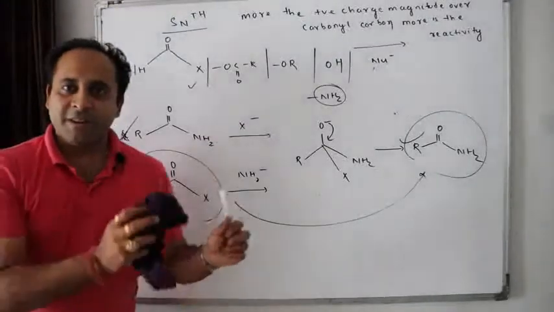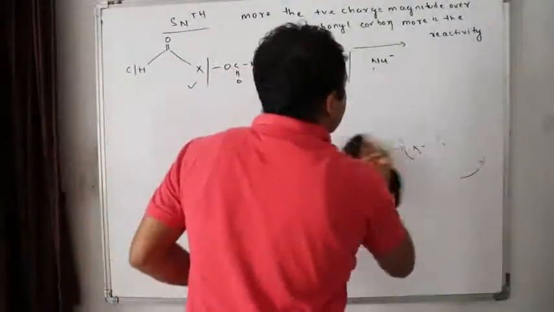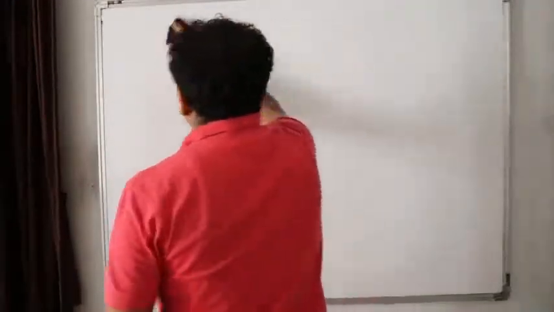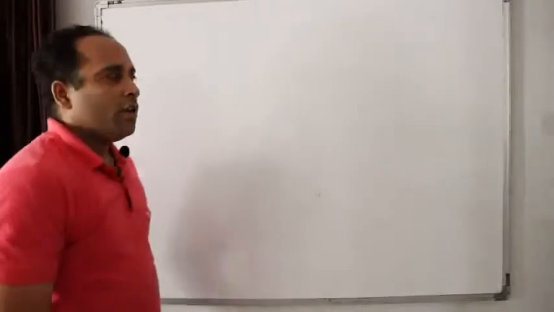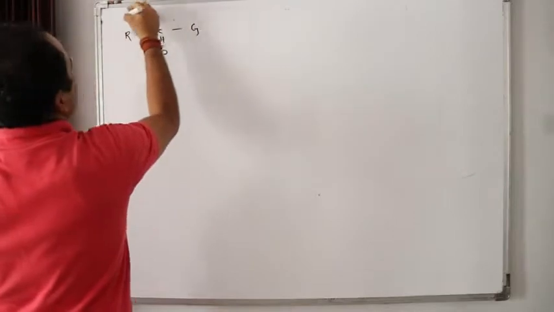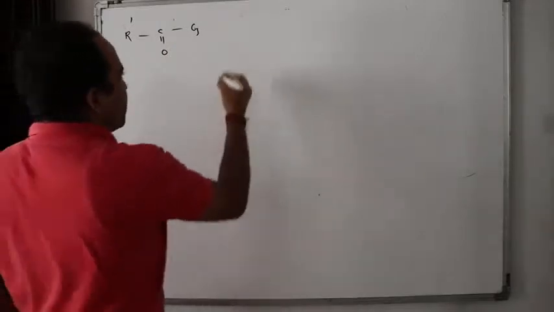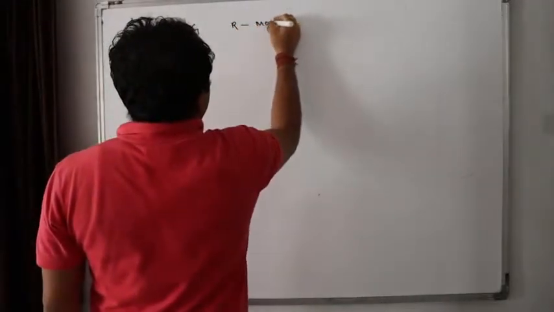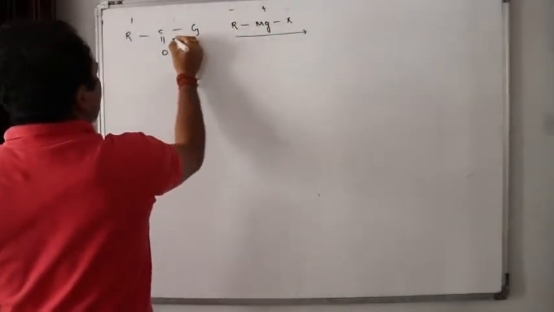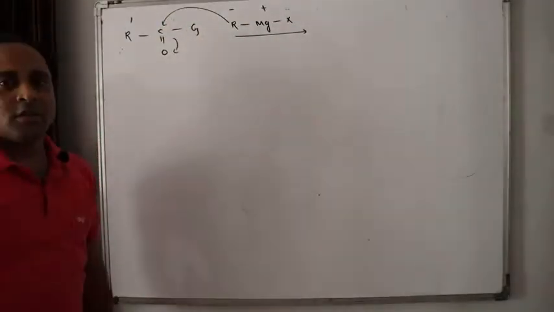You understand? Now let us focus on the Grignard's reagent concept. How can Grignard's reagent be applied to this concept? Look here carefully. So SNTH is what? Substitution nucleophilic through tetrahedral. If I write here R' C double bond O G, just to distinguish, let me write R'. Now it reacts with RMgX. Now tell me, this is plus, this is minus. So you know the carbonyl's reactivity. This minus will attack this. So what will it form?